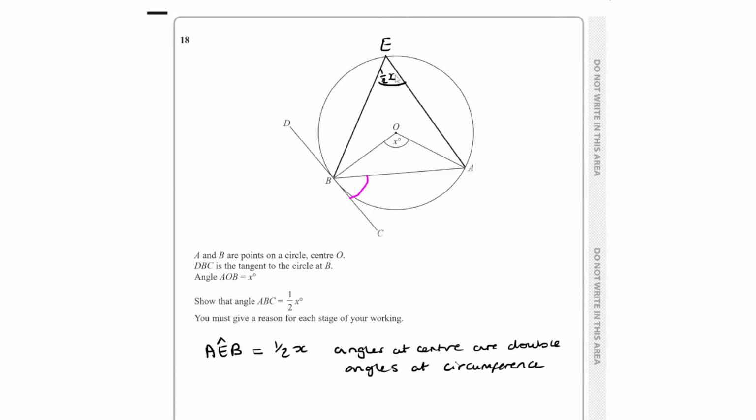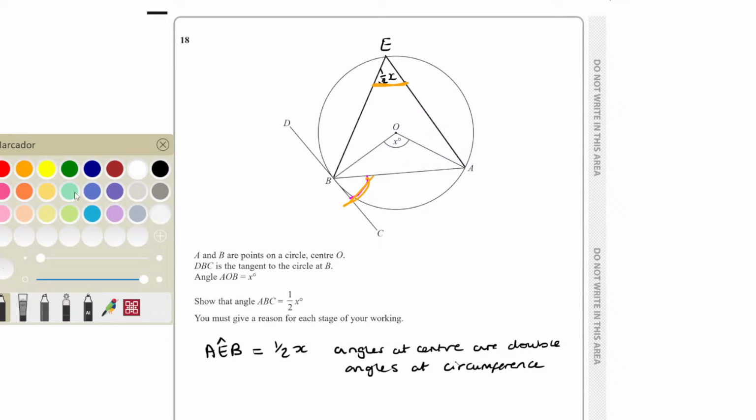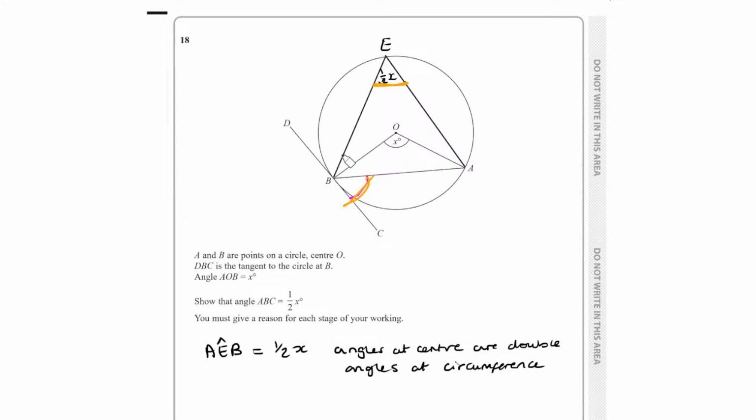Now, alternate segment theorem, the opposite angle, so not A, but E, this angle, is the same as this one. And then vice versa, if I get a different colour, for example, this angle outside here would be the same as this one. So it works both ways. But in the case that I've done, luckily the one that I have, E, is the same as the one that we actually want. So then I just literally said, so therefore ABC, which is the one we want, is a half x,